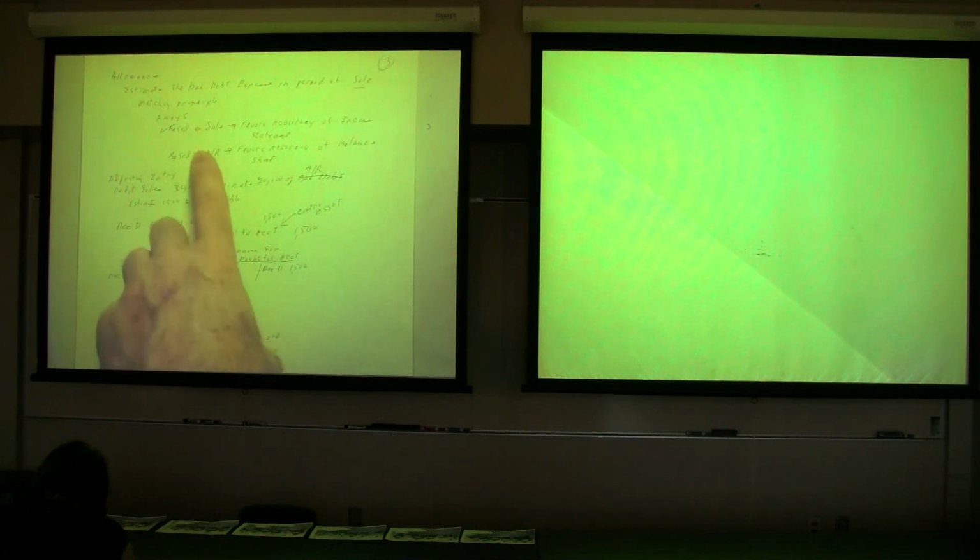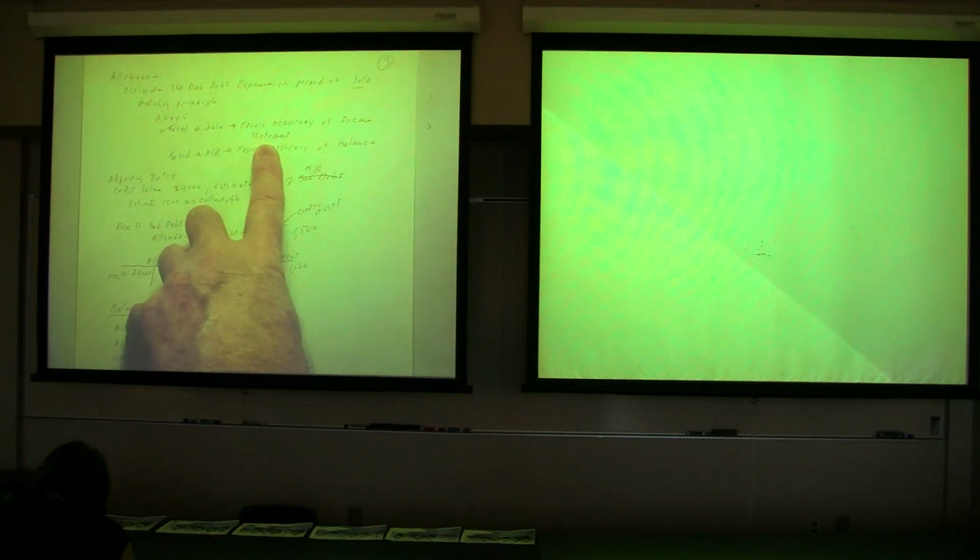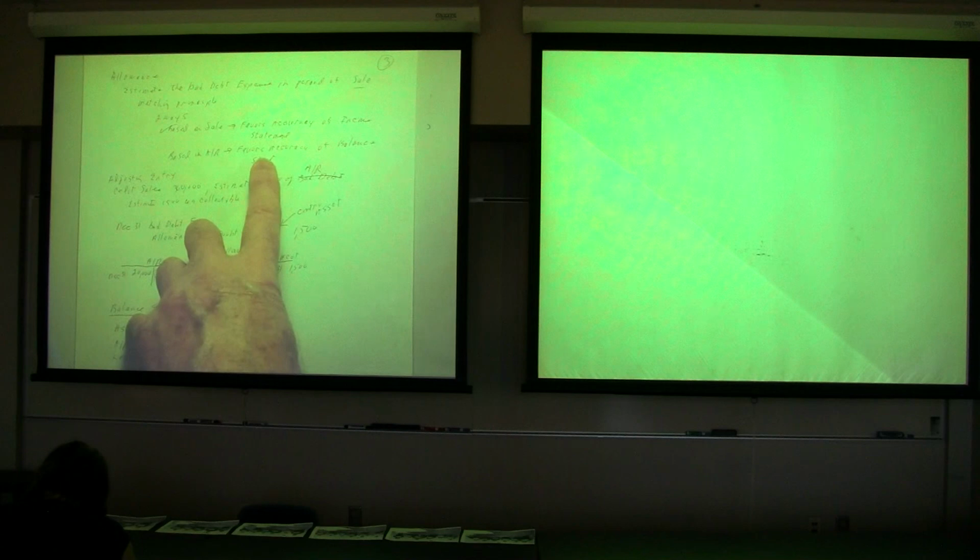Anyway, next is the allowance method. With the allowance method, the object of this whole thing is that you want the bad debt expense to be in the same accounting period as the sale. So you do an adjusting entry and you estimate the amount of bad debt that you will incur. Sometimes it will be based on sales, which favors the accuracy of your income statement, and sometimes it'll be based on accounts receivable, which favors the accuracy